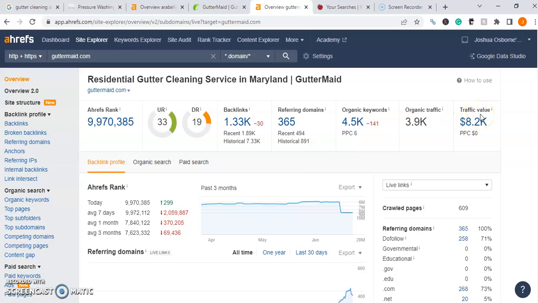And like I said, this is a direct result of both their internal factors, such as content and keywords, as well as their backlink structure. And this really makes you ask yourself, what could your business do with an extra 4,000 viewers a month and an extra $8,000 worth of value? So definitely a lot of potential here, but let's go over to your website and see what you're doing as